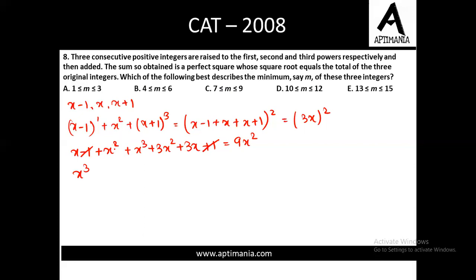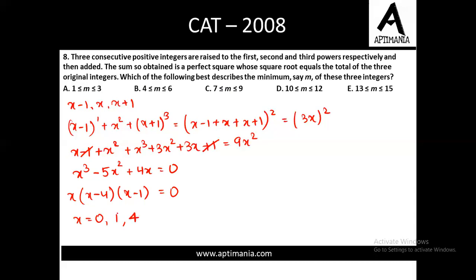Okay, it's 1x square and 3x square, 4x square, and 9x square will come to this side. So this will be minus 5x square plus x plus 3x 4x equal to 0. So we have got a cubic equation. We can find out the roots as x minus 4, x minus 1 equal to 0. So this will give us x equal to either 0 or 1 or 4.